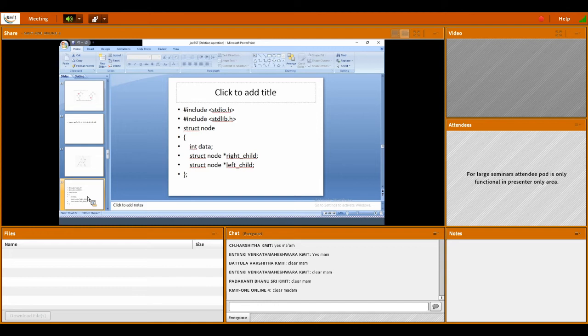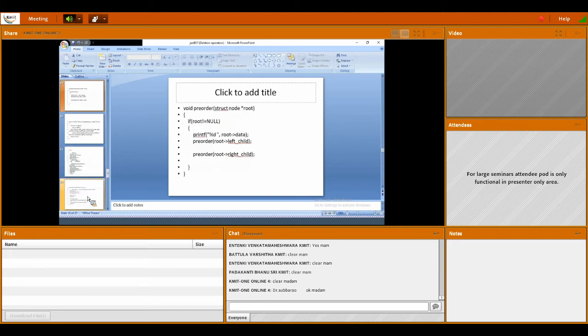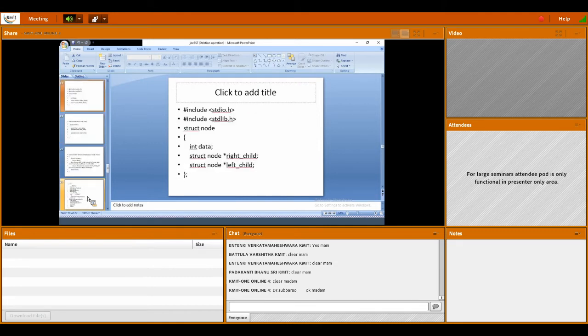Either use any traversal, pre-order or in-order. Normally pre-order is easy for understanding the output. Then what is the other step? I'll explain. First of all, I'll go to the main part. First of all, we have to create the node. How to create the node? We have to create a structure. I already discussed how the structure looks while teaching the insertion part.